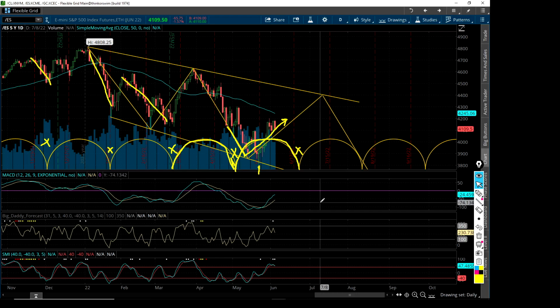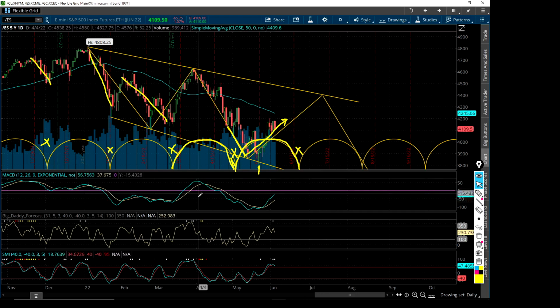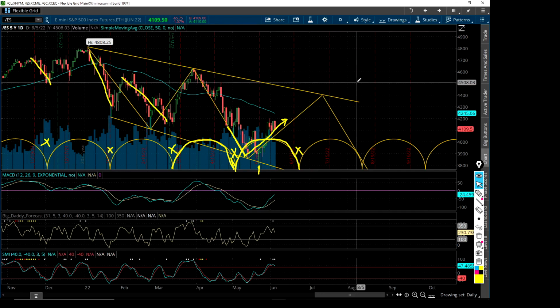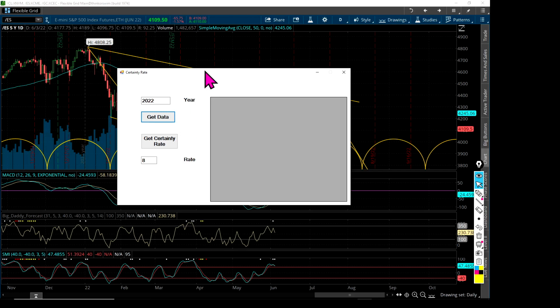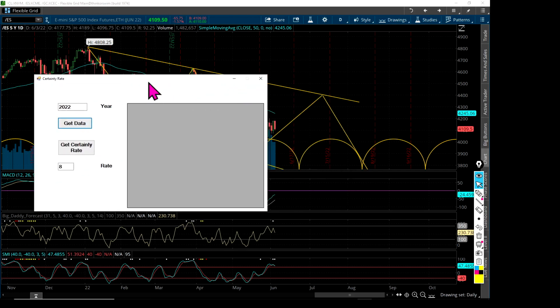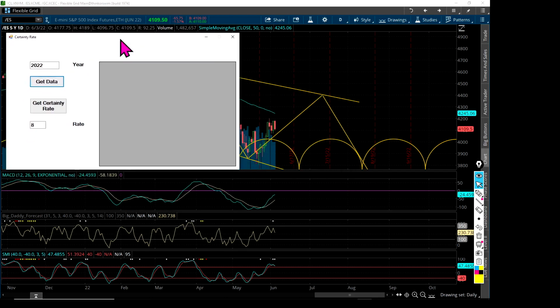All right. Okay, now I'm going to switch over and bring in the certainty rate data. So hang on one second, because it's going to take me a second to bring it up. Okay, so now you see on the screen this app. This is a desktop app that I wrote. I'm a software developer and I do a lot of software development in Microsoft technologies, C#, VB, a lot of web development, desktop development. I won't even go into it, but anyway, this is something I did in my spare time